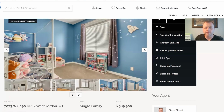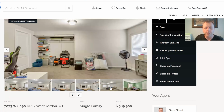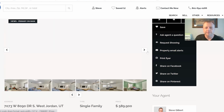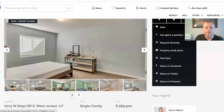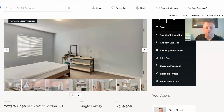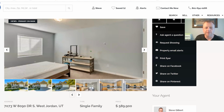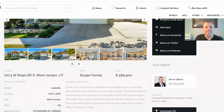Okay, so some of the kids' bedrooms have some fun paint going on in there. Let's see if we can find any pictures of the outside of the property real quick. Okay, so besides looking at the front, let me go back there real quick. So it looks like we just have the front pictures there. Okay, so that price again,